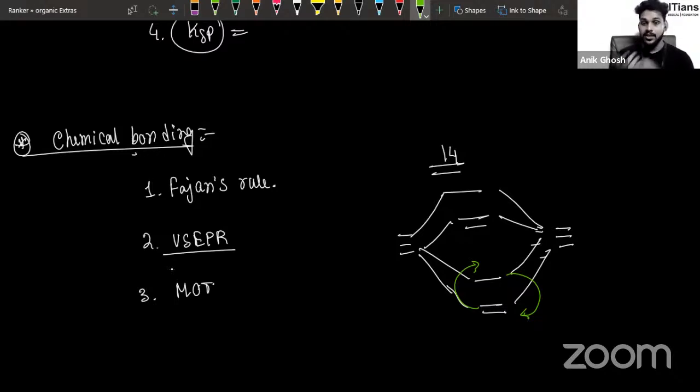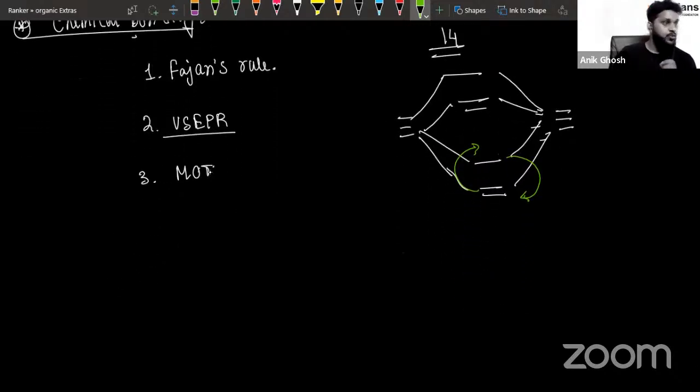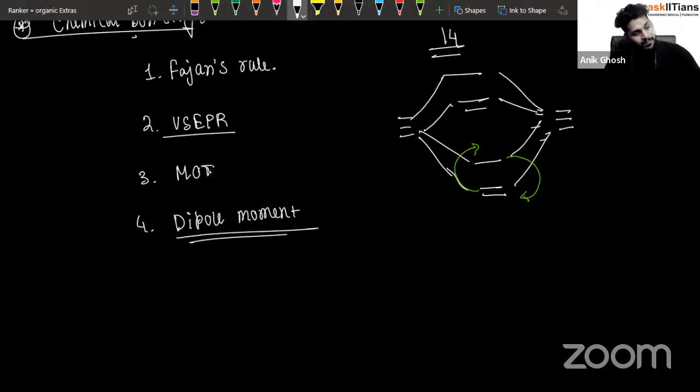Like paramagnetic, diamagnetic, bond order, these types of questions would be there, right? So practice those questions a bit and go through the dipole moment part of it. Okay, the dipole moment part is very important, not only with respect to chemical bonding, but